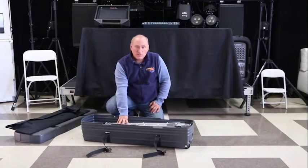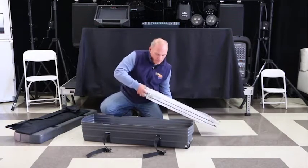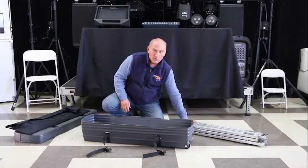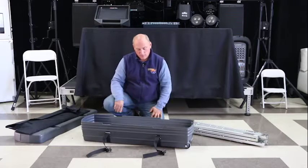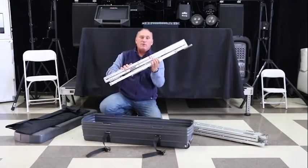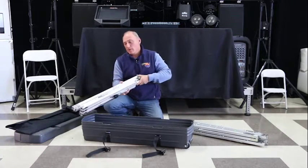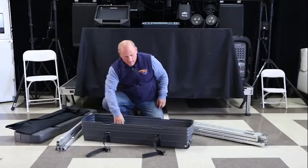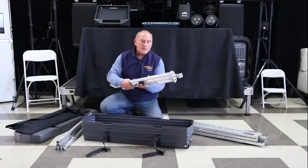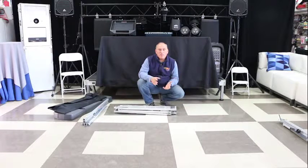We're then going to move on to the screen itself. So there's going to be one component, which is the actual rectangular box. The next one is going to be your leg, which is labeled right and left. This is going to be the right one, so I'm going to put it here on the right. And this is going to be the left, so I'm going to put this one here on the left. Okay, now that we have our parts separated, the first thing that we're going to do is